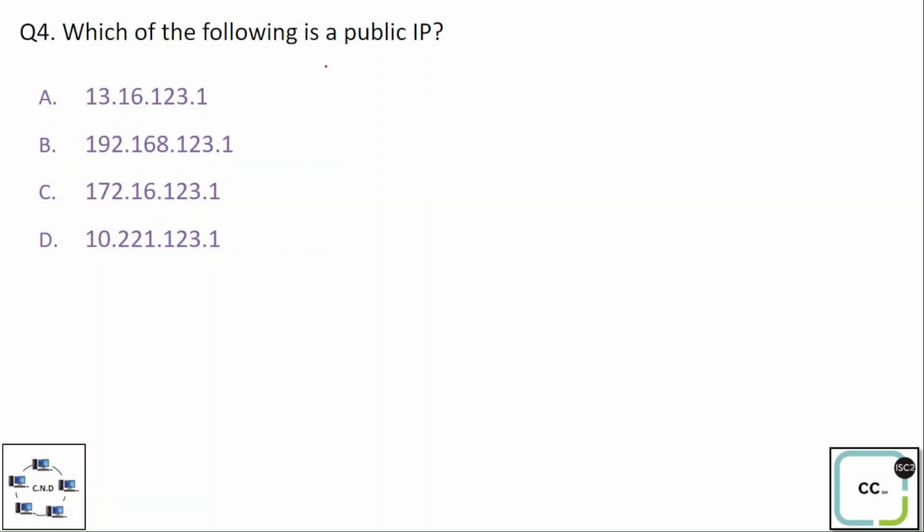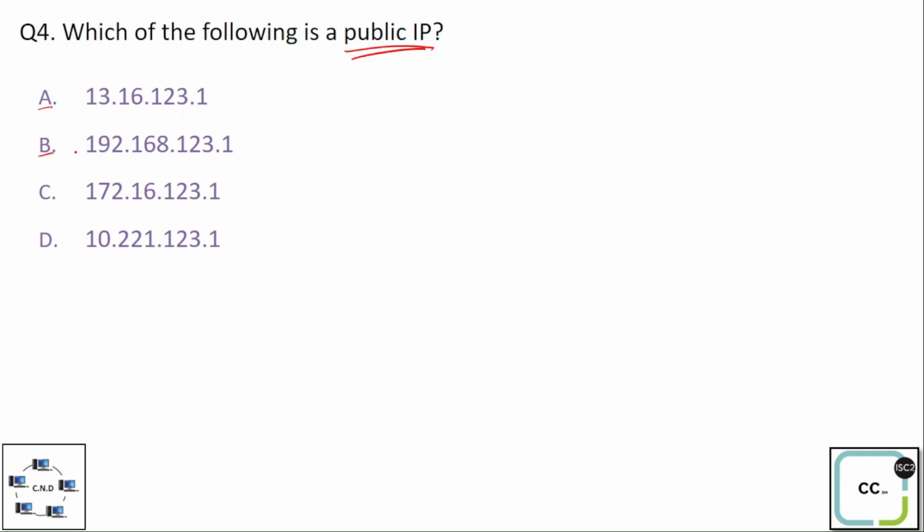Question number 4. Which of the following is a public IP address? So a public IP address is the one that is routable over the internet and accessible from the internet or over the public network. And the options are option A,